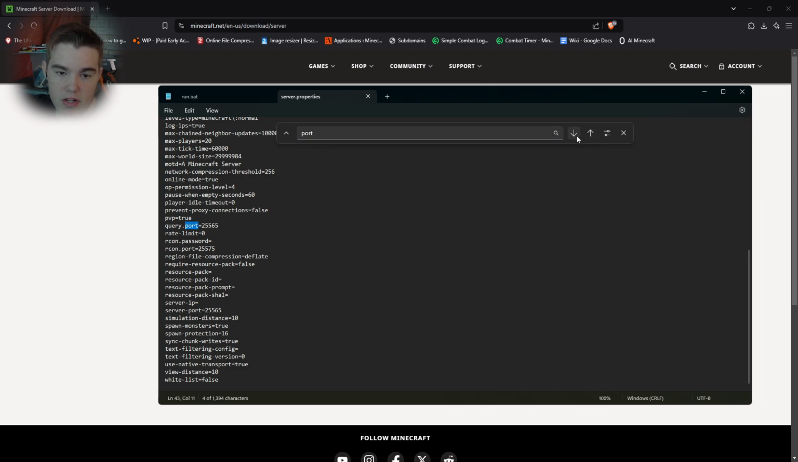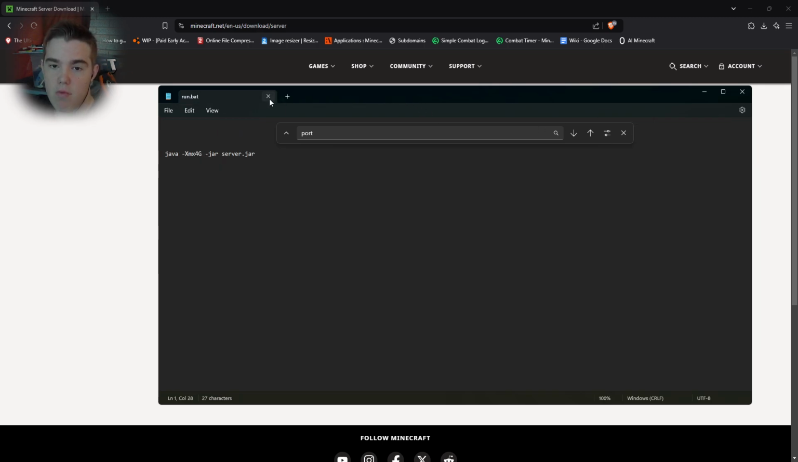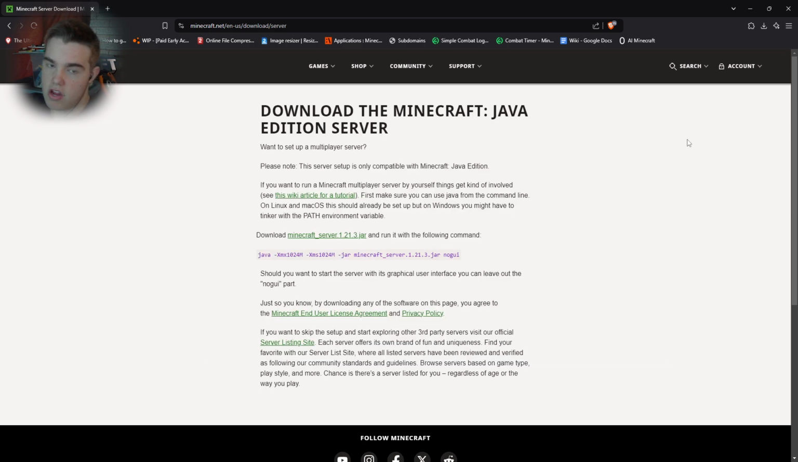Just keep scrolling through until you see server port, and the default one is 25565. You can just leave it like that. Make sure it's 25565. If you want to change it, you can. We've got 25565, and then what you're going to want to do is look at